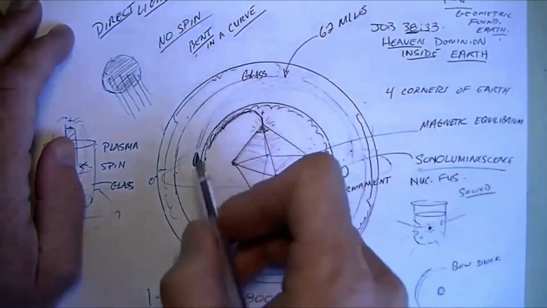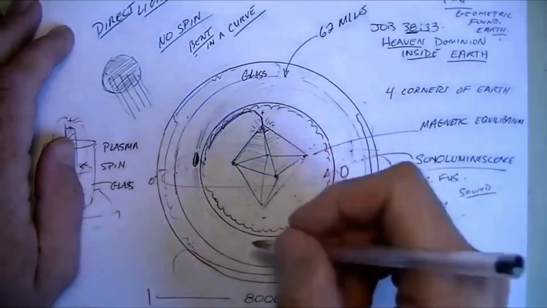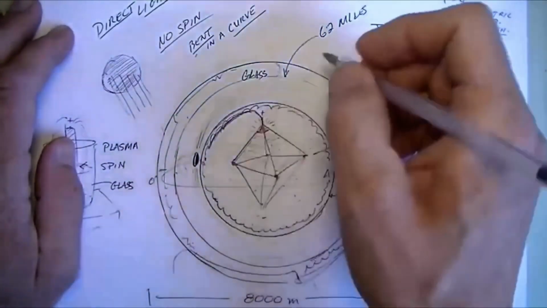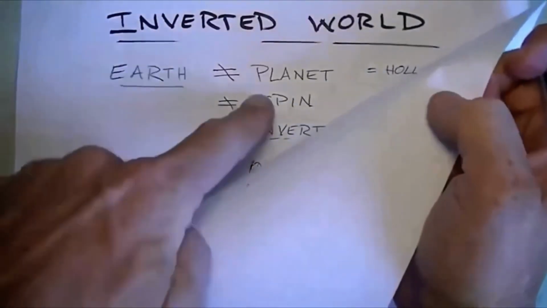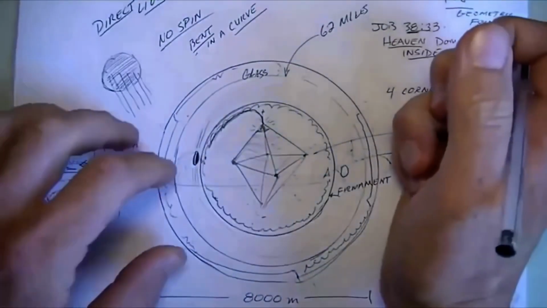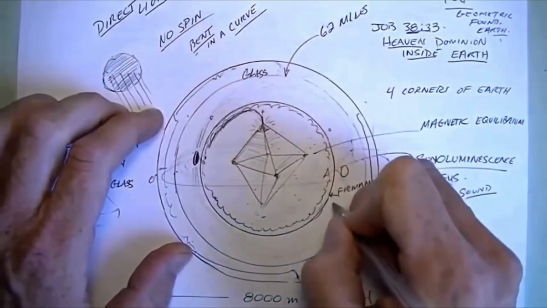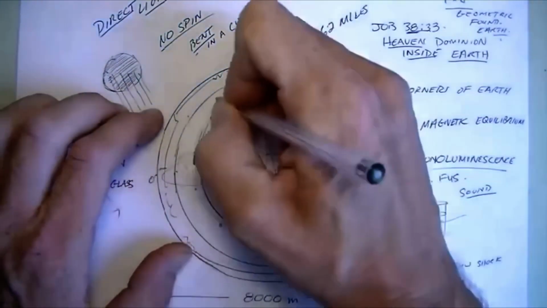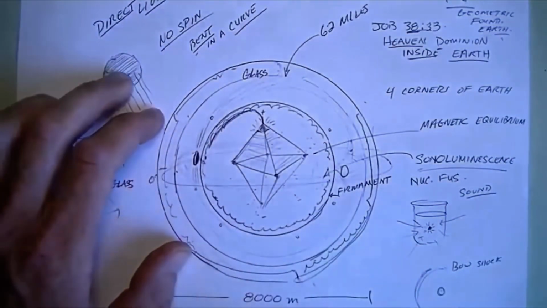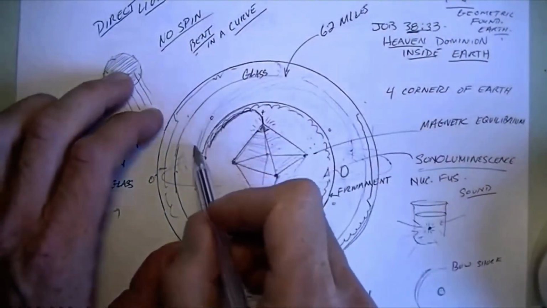So, you have the sun and the moon. They're moving around the inside of the earth. The planets are there too. Earth is not a planet. Remember I told you that, right? Earth is not a planet. Planets are little spheres that orbit around the inside of the earth. And I believe there are 7 of them, because I don't think Pluto's a planet either. So that's 9 minus Earth and Pluto. So you've got 7 planets that are also moving.